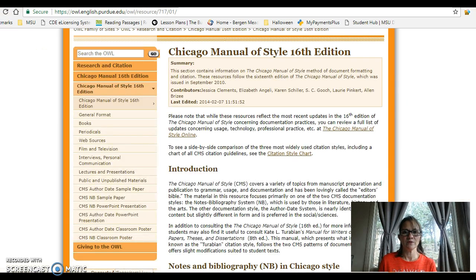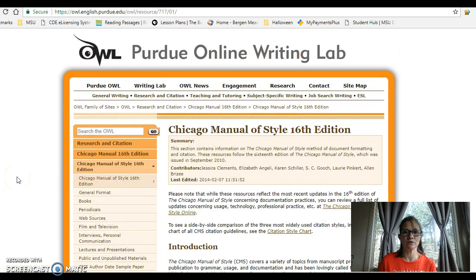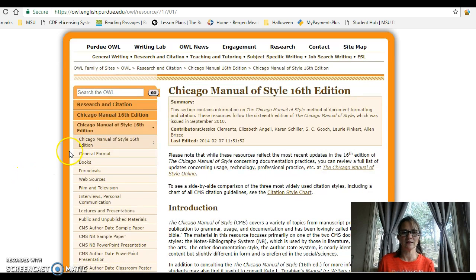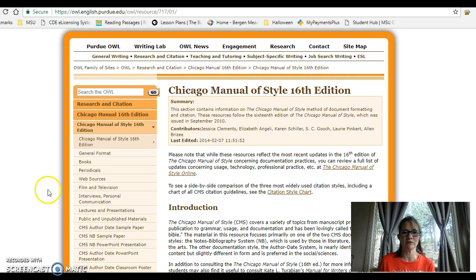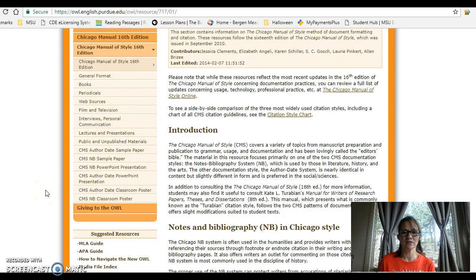Okay, so here we see the Purdue website for Chicago style formatting. On the left, there's information about different resources. There's sample papers, information on bibliography. So do your research on